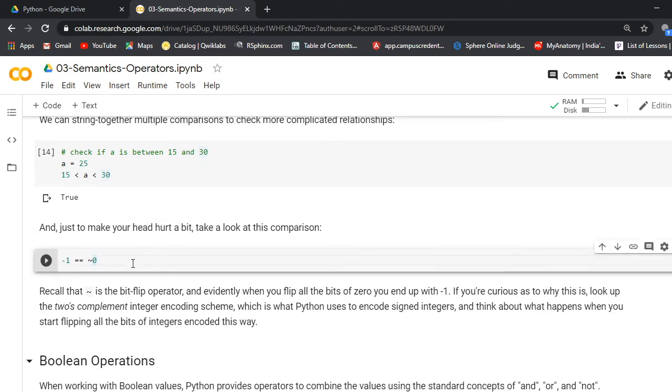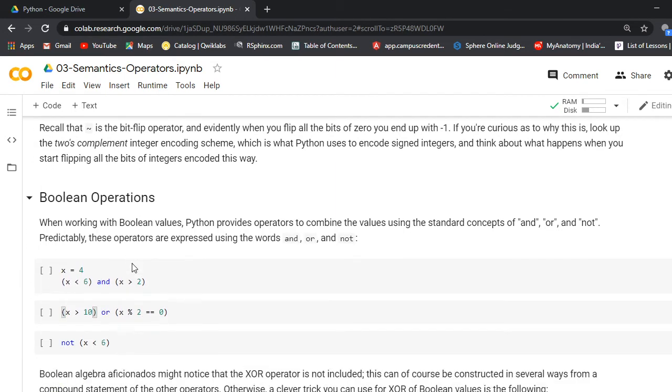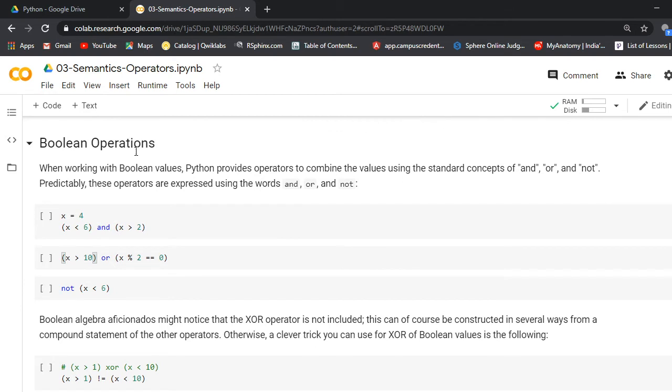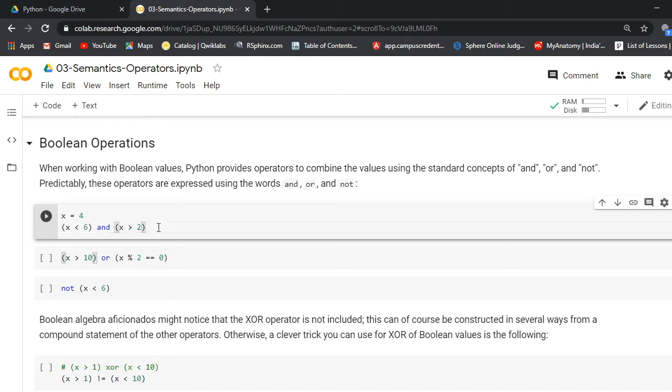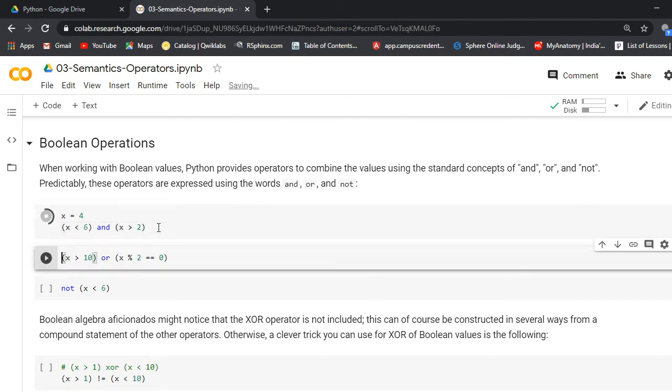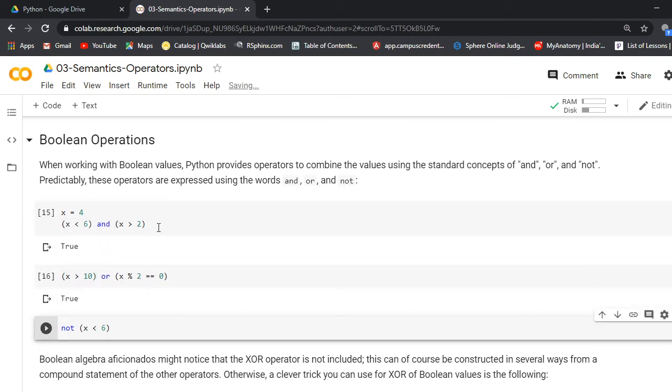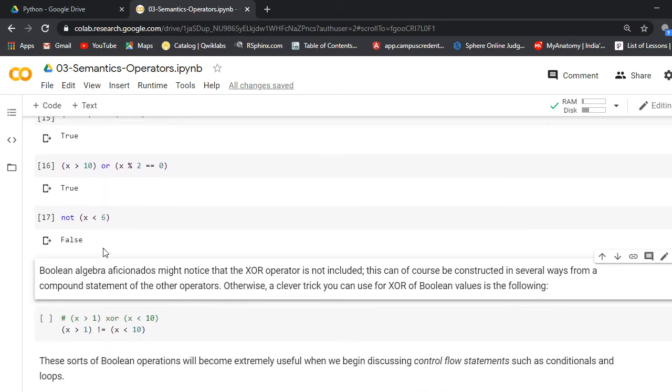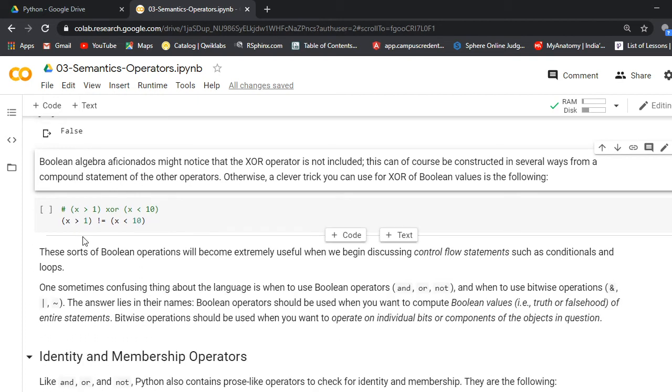Next, the boolean operations: yes equal to 4, yes less than 6 and yes is greater than 2, so it will print true, like this. Here yes is less than 6, so it gives true, then not of true is false, so here it prints false.